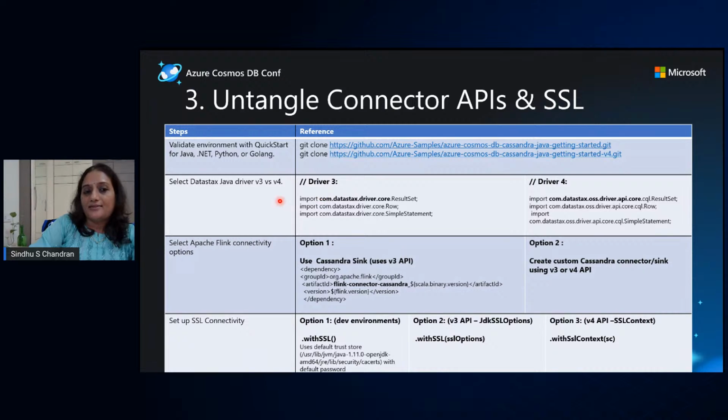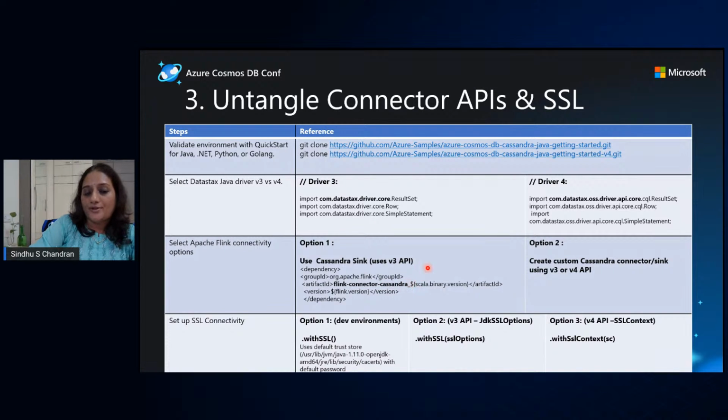And as I said, there are multiple options that the DataStax Java drivers have in terms of v3 versus v4. And Apache Flink, again, supports multiple programming languages. So it supports Java, Scala, Python, and SQL. And in the case of Kirana Cube, they were primarily on a Java stack, and they already use this particular Cassandra sink, or connector, that comes with Apache Flink, called Flink Connector Cassandra.